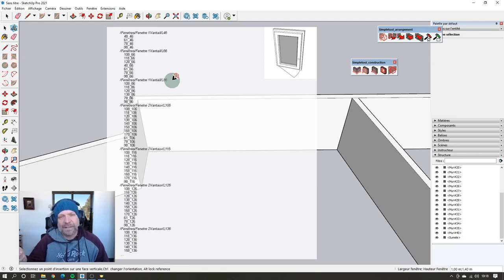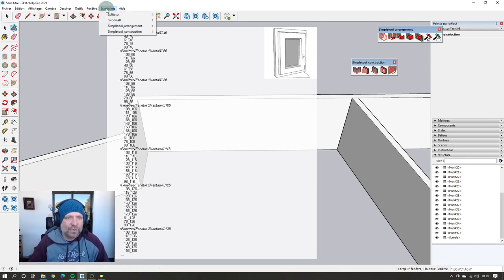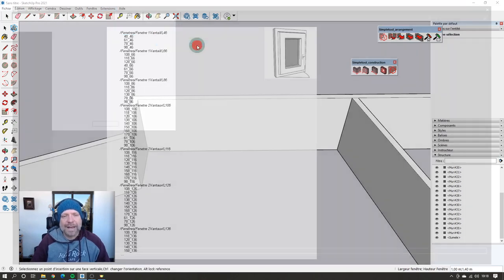But where is the path to this folder specified? If you want to change it, if you have your own library, if you want to customize your library, you will be able to do that. You just have to go to Extensions, Simple Tool, Construction, and after that you go to Opening Library Folder. When you go into this menu, you can select